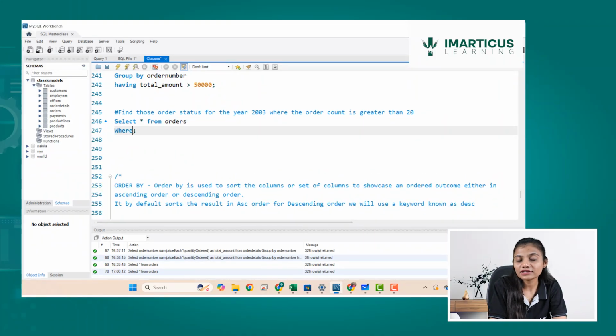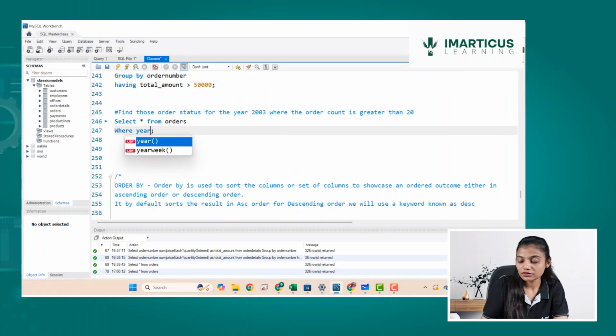Now, as everyone has said, you cannot use aggregated functions in where. What are aggregated functions? They go through multiple records and give one outcome, so they give one aggregated outcome. But there is one more kind of function known as a scalar function. What's a scalar function? A scalar function executes and gives a result for each row. And if I use a scalar function to extract the data, it will help me.